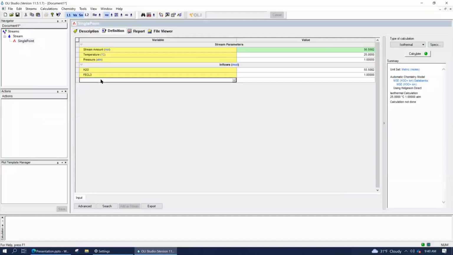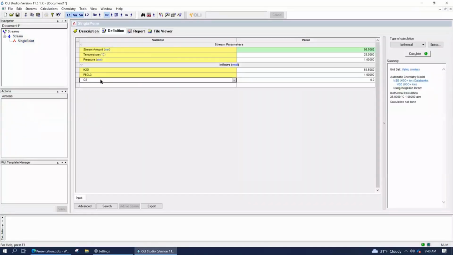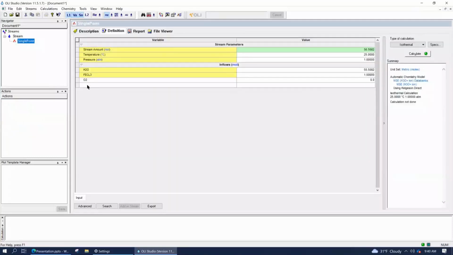On the other hand, I want you guys to do this with me right now. Just type in O2 for oxygen. Oxygen, you'll notice, is in a cell that's now colored white compared to the ferric chloride, which is colored yellow. Yellow cells are not editable. In order to make the change here, I would have to go back up to the top level and add or edit the ferric chloride here. Likewise, any changes you make at the lower level do not make their way up to the upper level. So the oxygen I added is not at the stream level. Information is passed downwards, not upwards.